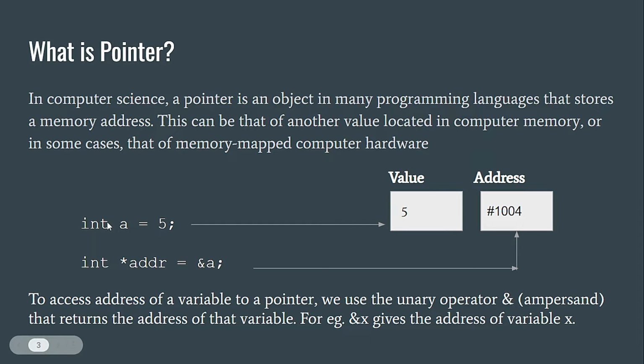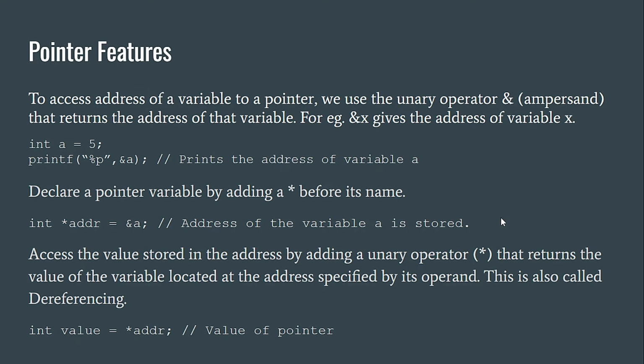For this example, here is an integer variable a that has the value of 5. Now this 5 is stored as a in the location #1004, and this is the address. This is very simple: every element has an address, which is like a hexadecimal in normal computers. To access the address of a variable, we use the ampersand operator that returns the address of the variable. For example, &x gives the address of x, and &a will give the address of a,